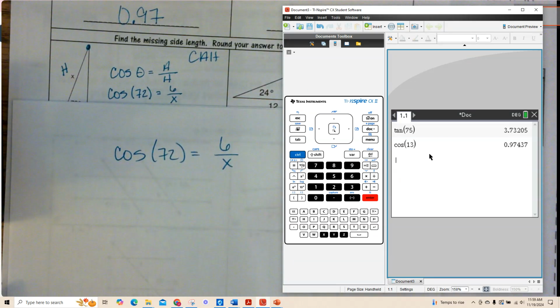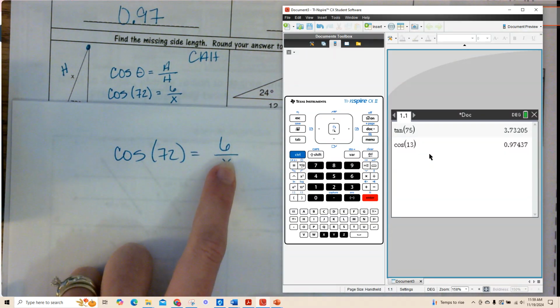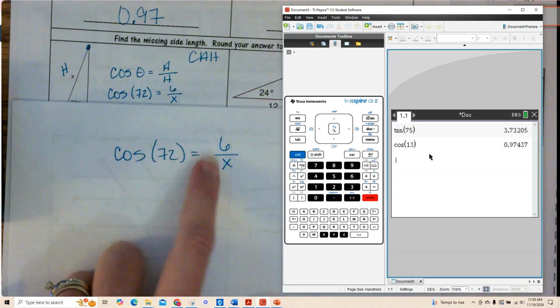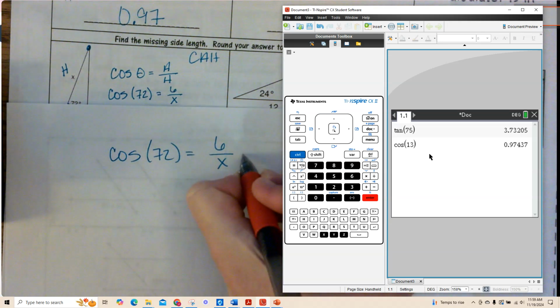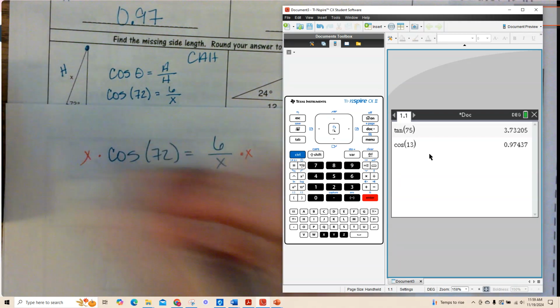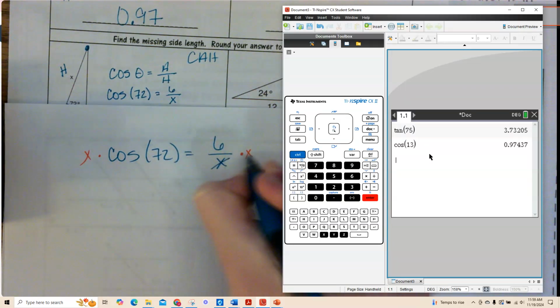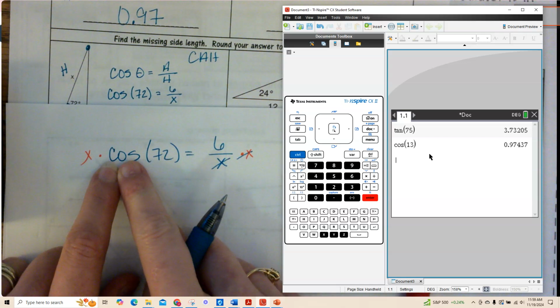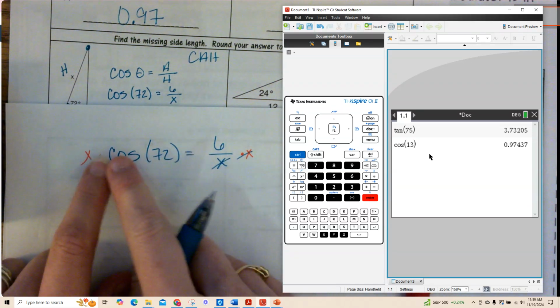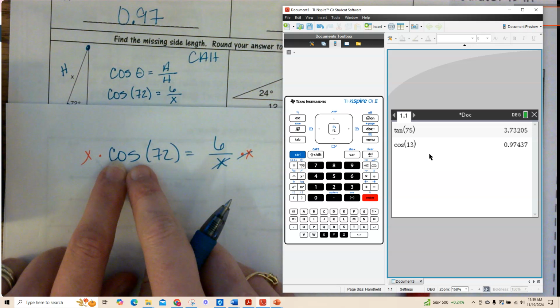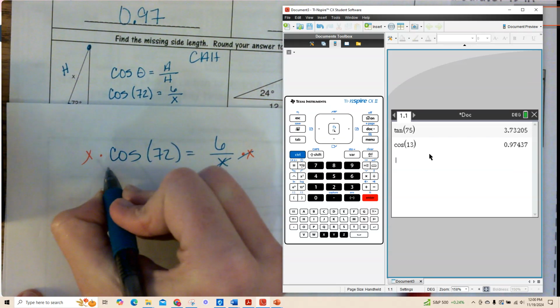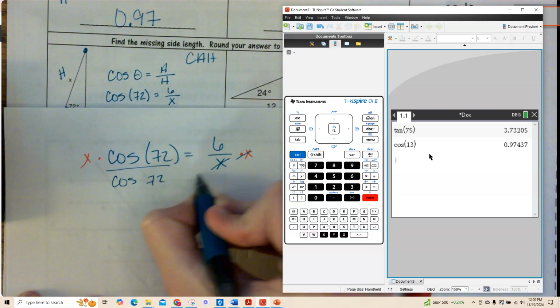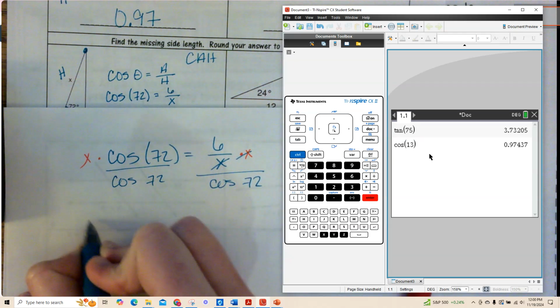So I need to get x by itself. You guys haven't seen a lot of equations like this where x is on the bottom. If x is on the bottom, the only thing I can do is multiply both sides by x. So I'm going to multiply this side by x and this side by x. And that'll cancel out that bottom piece. So now I have x times the cosine of 72 equals 6. To get x by itself, I divide both sides by the cosine of 72. So this side gets divided by it, this side gets divided by it. And so my final